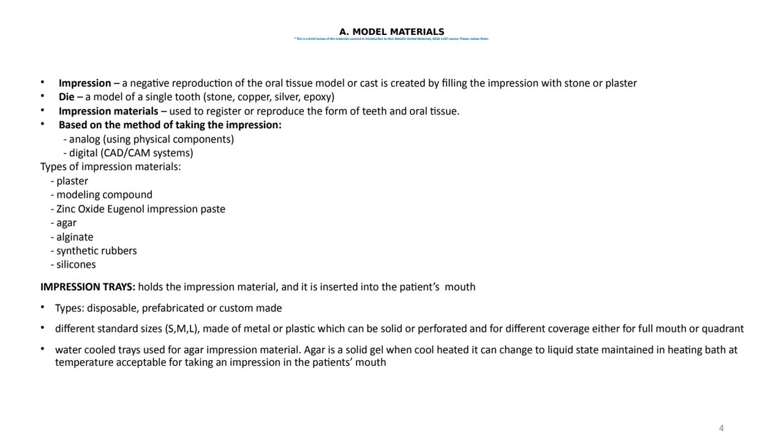So for instance, if a patient has just a small filling, it's not necessary to take a full mouth impression, a full arch impression. We can use a quadrant impression to take the mold just of the area where the little filling, the little